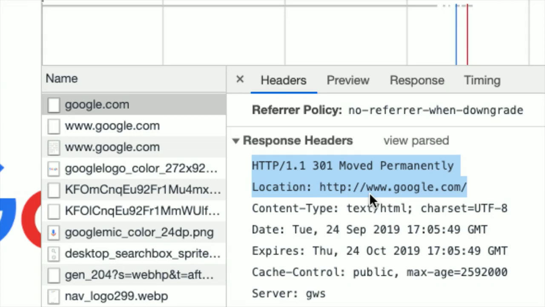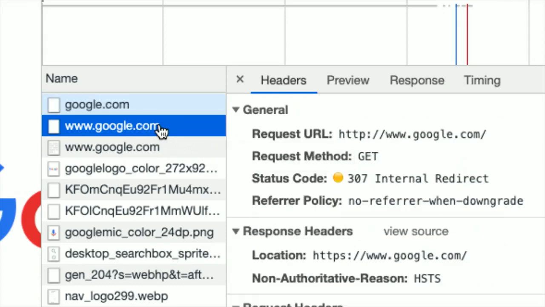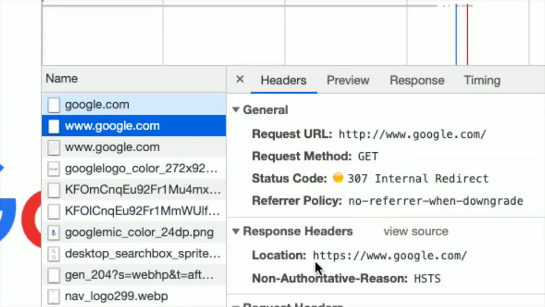So I've been redirected to www.google.com, and we can see that here I have www.google.com. This was the next request that my web browser made because it saw that I'd been redirected somewhere else. Here, 307, internal redirect just means I've been redirected again. Where have I been redirected to? Well, it looks like here I've been redirected to